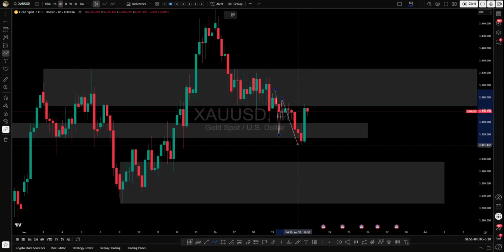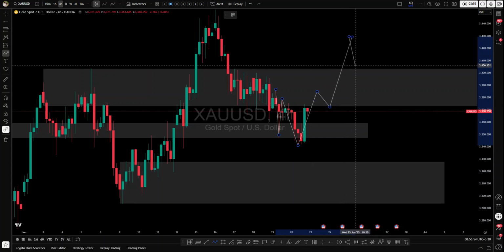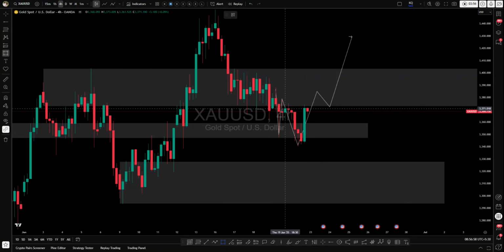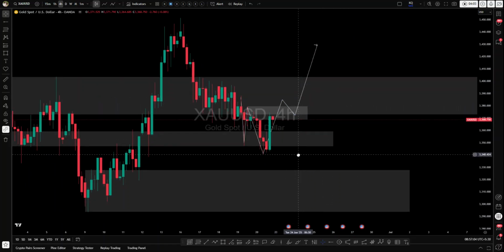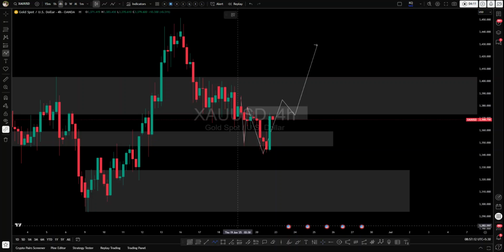So this is the high, this is the low. I will be waiting for a new higher high, and then I will try to get involved in this one. As price closes above this, I will just try to get involved at around this level with a stop below this. And if price keeps moving downside and clears these lows, I will be looking for another structural shift